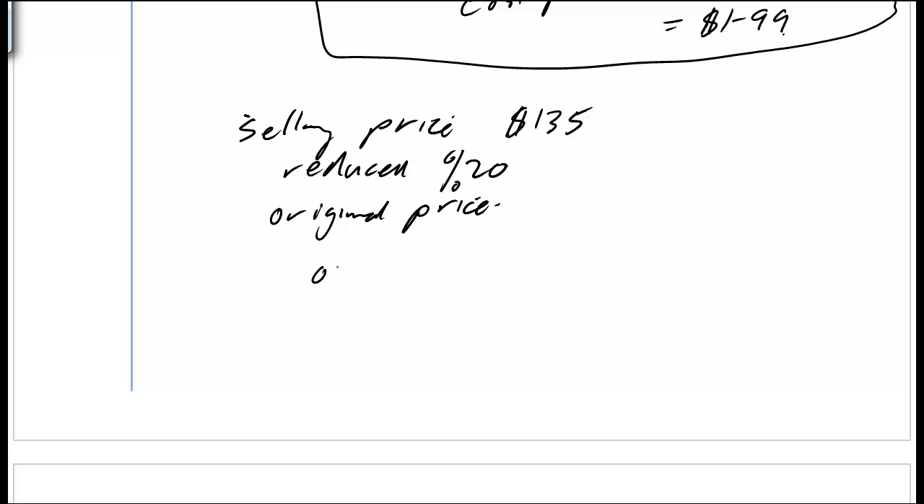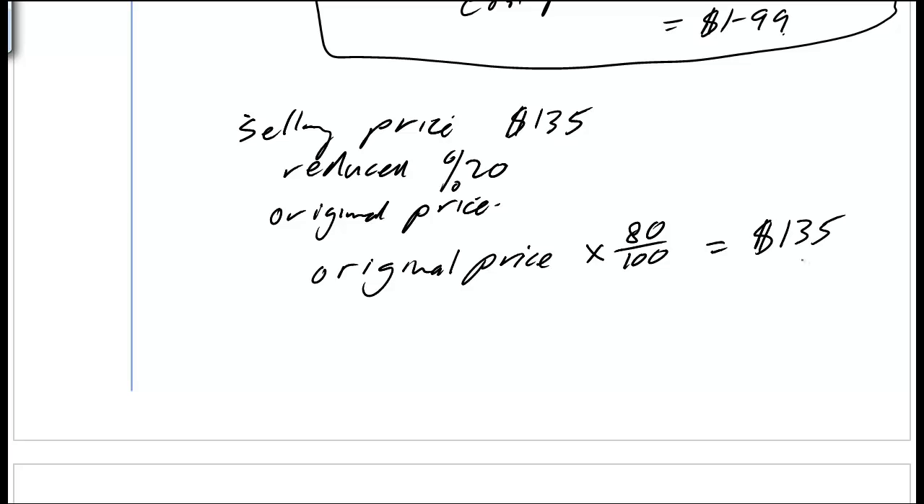So let's think about it. The original price, which we're trying to work out, multiplied by, now it's been reduced by 20%, so multiplied by 80 over 100, okay, because 100% is the full amount, it's been reduced by 20, so if you get the original price and you multiply it by 80 over 100, that'll give you that selling price, which we know is $135. So let's rewrite that again, and let's work out what that fraction is. Original price, 80 over 100 is 0.8,